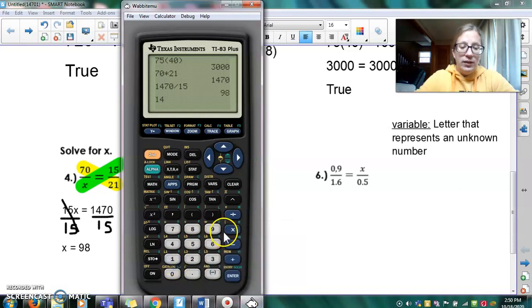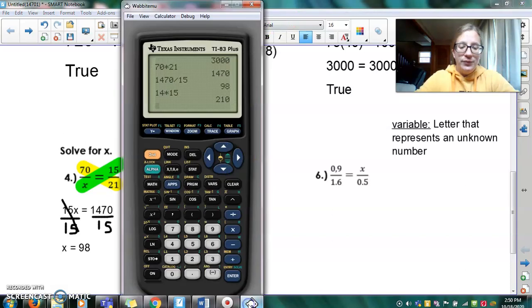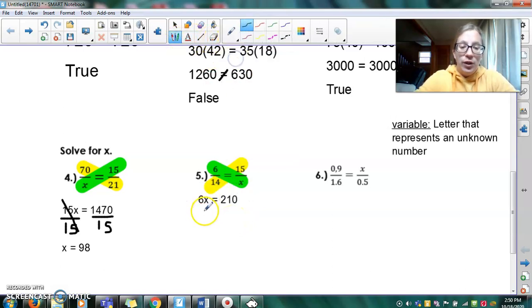So we have 14 times 15 is 210. Don't freeze up on me now. 210. In order for me to get x alone, I will divide both sides by 6. Remember, you're always going to divide by the number that you want to cross off that's next to x. So these are gone now, and I'm left with x is going to equal